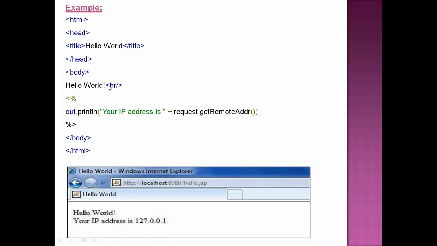So this hello world message will not be moved to the JSP compiler for processing purposes. This entire text we are calling a template text. Template text directly goes to the client. Only the scriptlet text or JSP elements will go to the server for processing. Because of this code here, we are getting the output like hello world and your IP address is so and so. Let us see the next JSP element, JSP declarations.